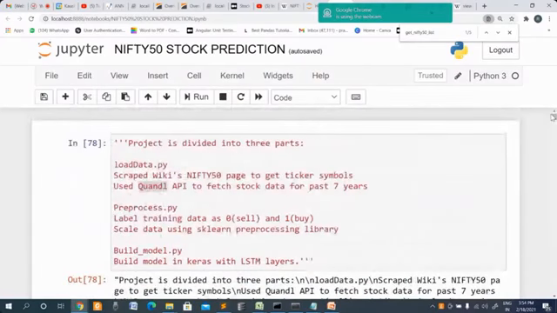So this is just to give you an insight into how we can use the neural networks to solve a kind of problem, maybe image classification or predicting the stock price. Okay, so with that, I think